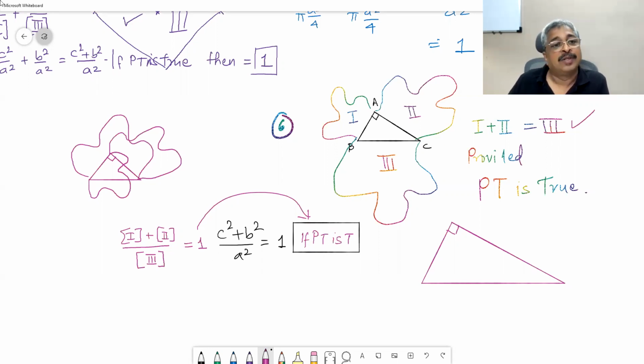Right? So therefore he does something with the right angle triangle. That is what is 7. He does something with this right angle triangle and says, yes, therefore the Pythagoras theorem is proved. This is where I am going to give you some time so that you find out what Euclid must have done to prove that 1 plus 2 upon 3 is equal to 1 without using the Pythagoras theorem.